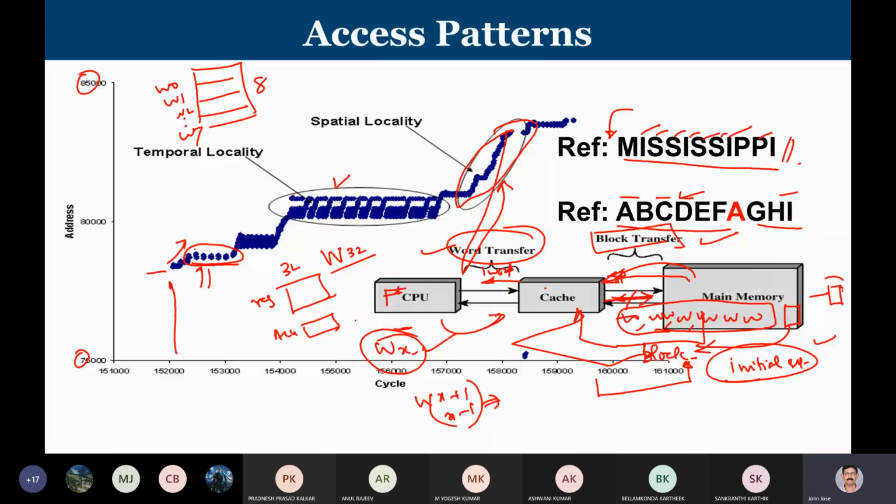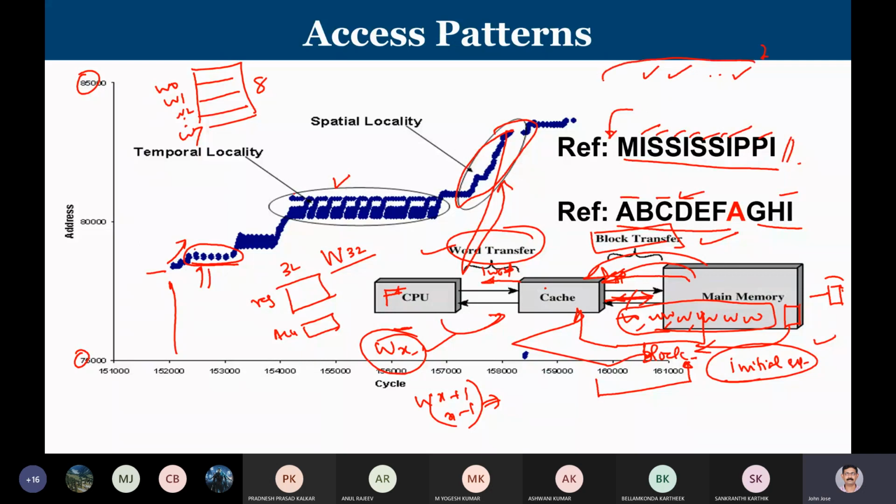So these are all techniques that are being done in order to create an illusion. Let's say you have saved some pictures in your folder, and then you are going to play and see the picture. It's a JPG picture. I'm not talking about a slideshow. When you pick a JPG picture, the first picture may take some time. When you double click, it may take a few seconds to load. So it's bringing from main memory into the cache. Then when you press enter or the right arrow, the next picture comes rather quickly compared to the first one. The third one also may be quick. After a few, again you experience a little more delay.